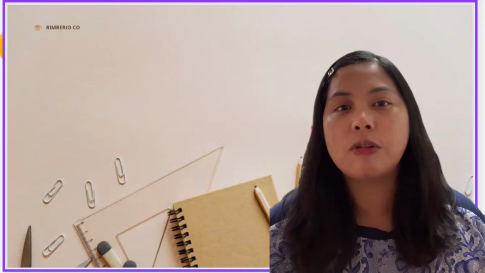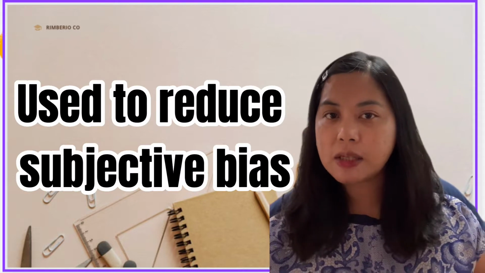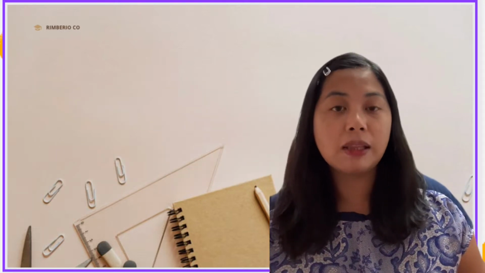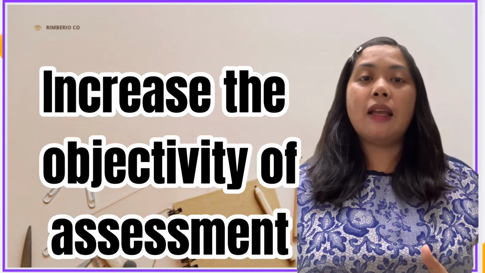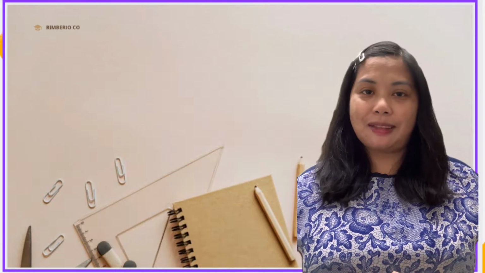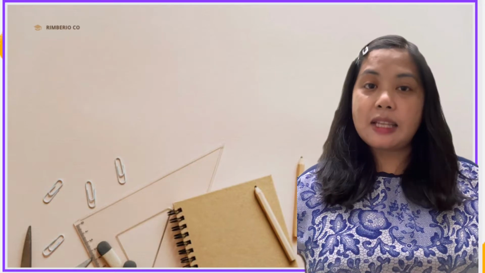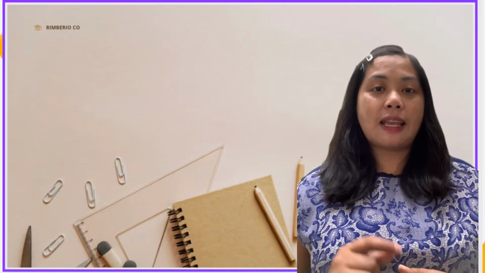Rubrics can be used to reduce subjective bias from assessments. By clearly stating the criteria for judgment, rubrics increase the objectivity of assessment. Rubrics also increase consistency of multiple assessors. This is particularly important for assessments made by the committee or a group of assessors who will use one set